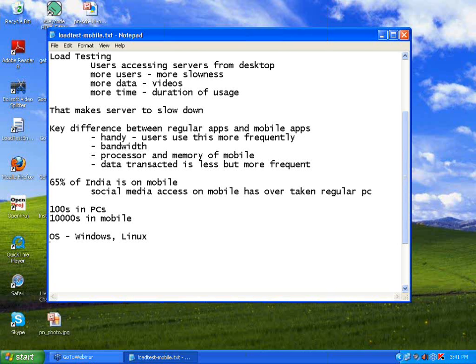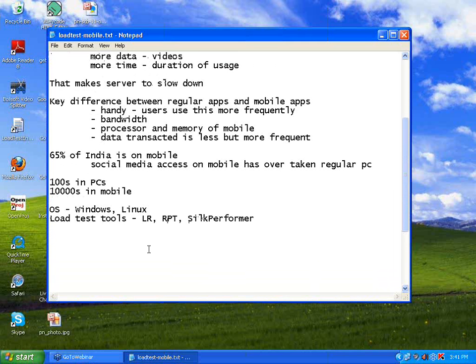But that is not the case in mobile. If you are looking at load testing tools like LoadRunner, Rational Performance Tester, Silk Performer, they were all initially meant for X number of browsers running on X number of operating systems. But the problem is when it comes to mobile, too many models,